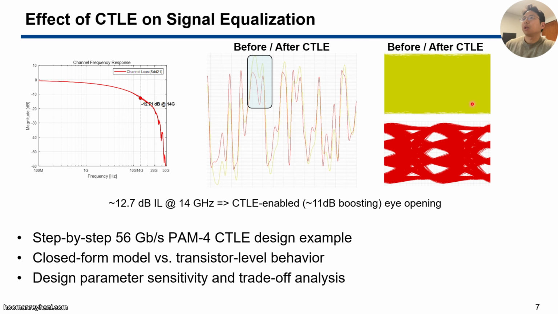With the CTLE applied, the high frequency contents of the waveform are boosted, as shown in the highlighted box here, which reshapes the waveform and helps recover the signal. And as a result, the eyes become much more open after CTLE is applied. So in this lecture, we will go through a step-by-step design example for this kind of